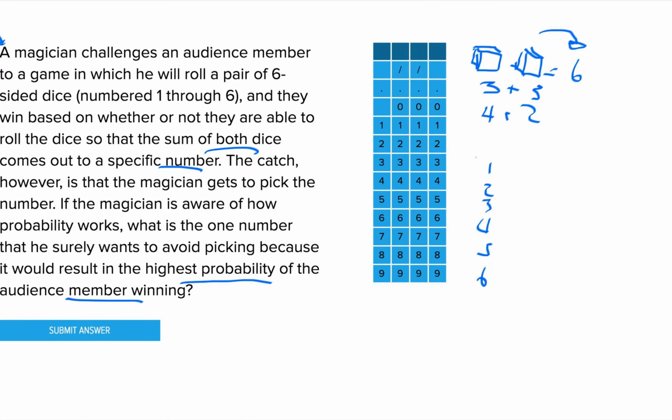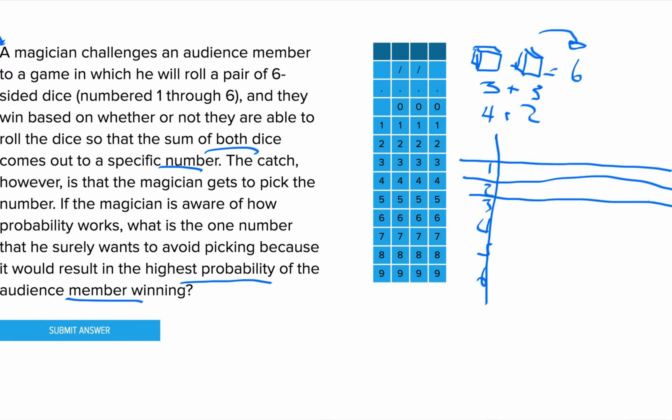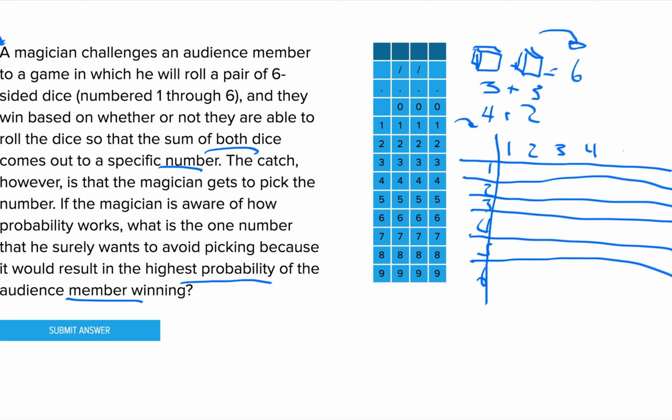The more efficient way of doing this is to organize that list into a sort of matrix here, where we're going to have a column of all of the results that you can get from rolling one of the dice, and then a row here at the top with all the results that you can get from rolling the other. Of course, that's going to be the same. You can get any number between 1 and 6. But organized like this in a nice little table, you can figure out which number shows up the most